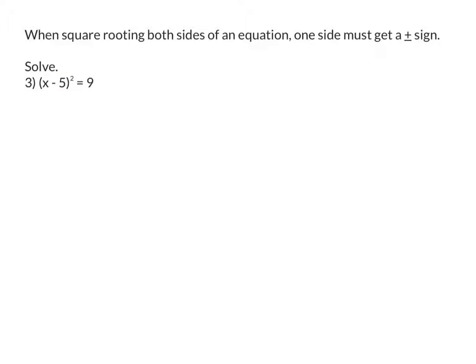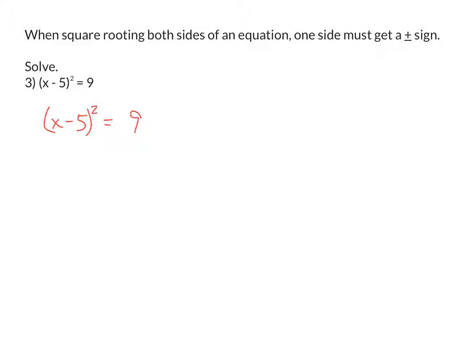So what we've learned from the previous page is that when we square root both sides of an equation, one side needs that plus or minus sign in front of it. So let's use that information and try to do number 3, where we have the quantity x minus 5 squared equal 9. And so I want to start getting x by itself,